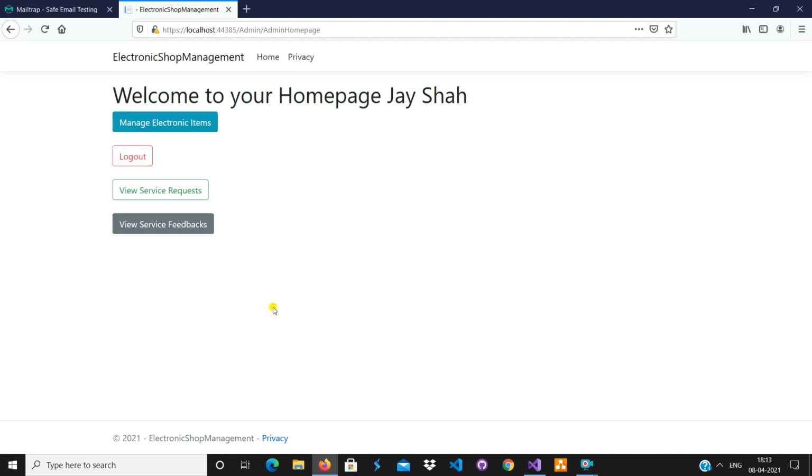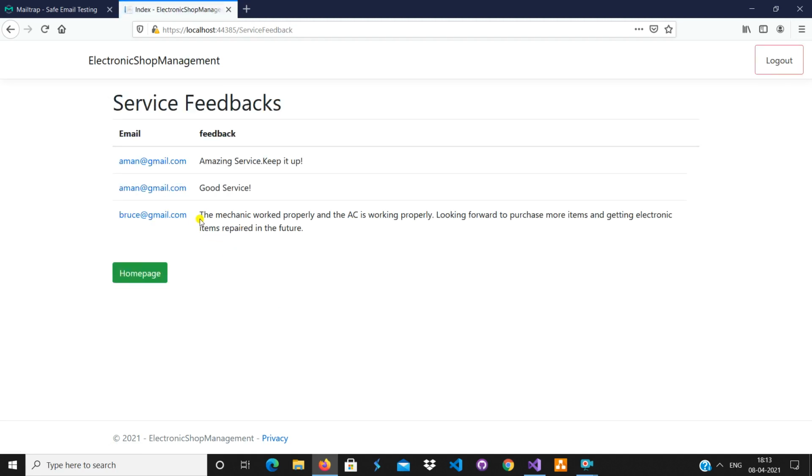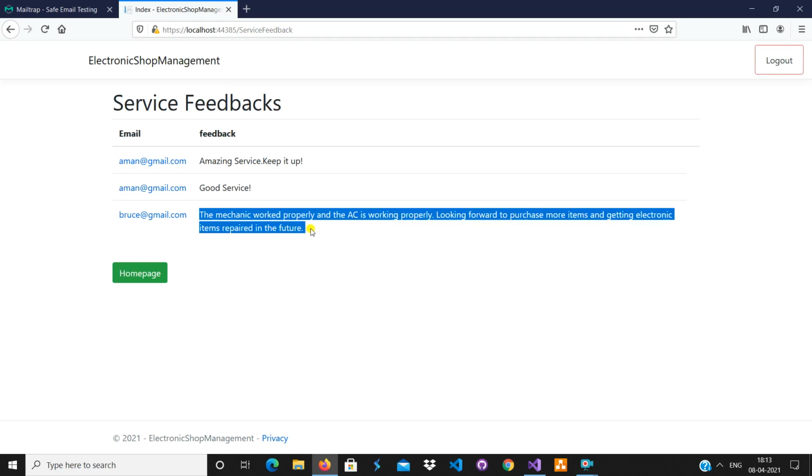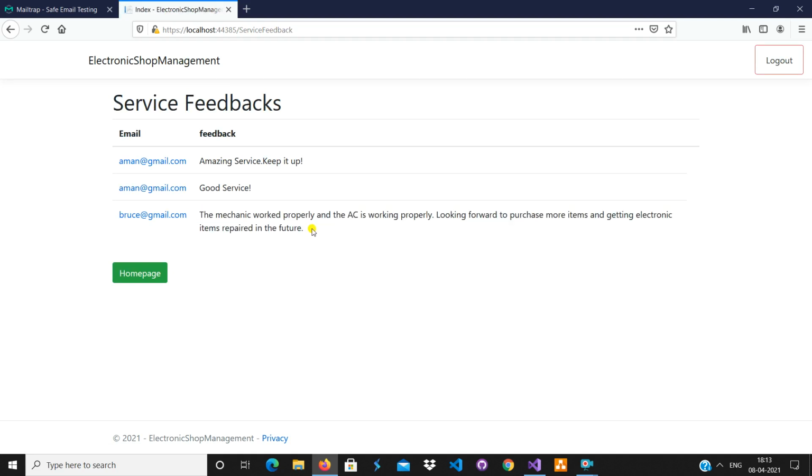In future, what can we do to this software? I can add the functionality of having multiple admins. The second functionality which I can implement in future is to provide the option of sending a reply to the feedback which the customers have given. Right now, I have not kept any such mechanism. Here the admin can view the feedback, but he or she will not be able to reply to the customer. So I can add that.